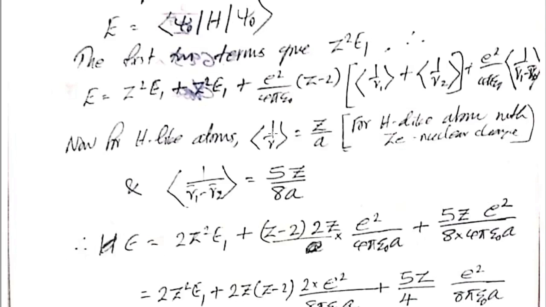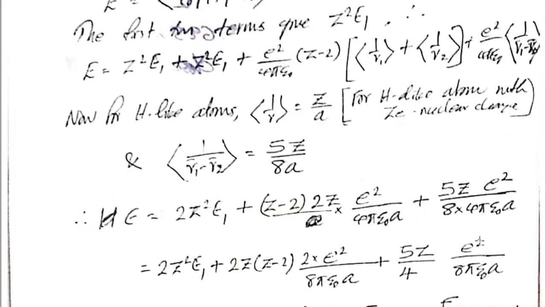Remember, for the hydrogen atom, the expectation value of 1/r is 1/a. For a hydrogen-like atom, it is Z/a. And for a hydrogen-like atom, the expectation value of 1/|r1 - r2| is 5Z/8a. So the energy becomes 2Z² E1 + (Z - 2) into e²/4πε0 into (Z/a + Z/a, that is 2Z/a) plus 5Z/8a into e²/4πε0, that is equal to 2Z²